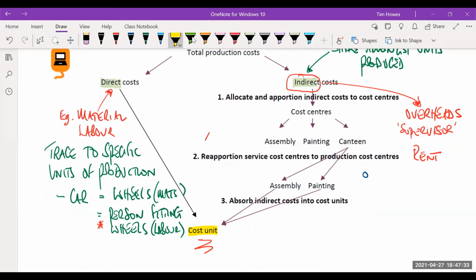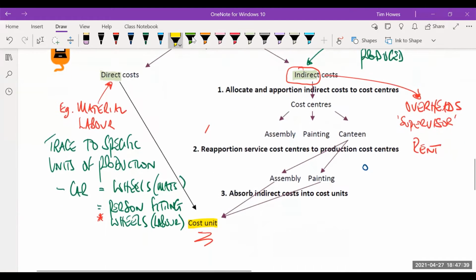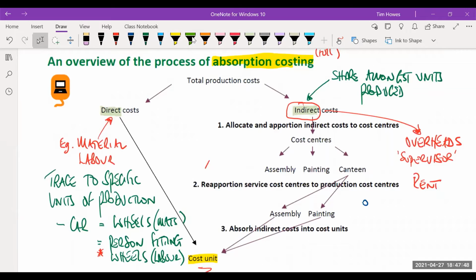So how do we do this? As you can see from the diagram, direct costs are going to go straight onto the cost unit. That's not a problem, it's simple, and that's not what this task is about. This task is about how we get the indirect costs, or overheads, into the cost units as well. There's a process, and it's not a bad idea that you understand it. We are going to take these overheads and firstly either allocate them or apportion them to the centres that they relate to.